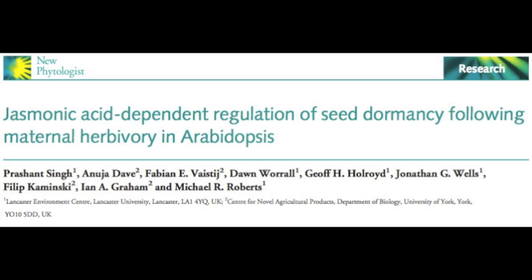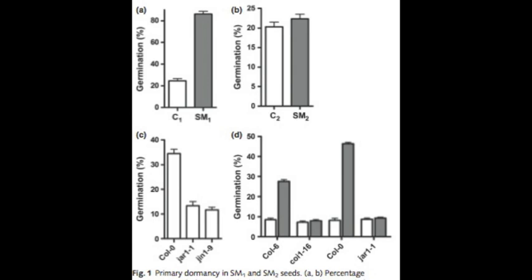So we did the experiments to look at dormancy in plants that have been suffering from herbivory. What we found was that there was indeed an effect on dormancy, but it was completely the opposite effect of what we predicted. The seeds were actually much less dormant, so they germinated very rapidly. They were germinating basically as soon as they fall off the plant, but normally they have to ripen for a while before they'll germinate.